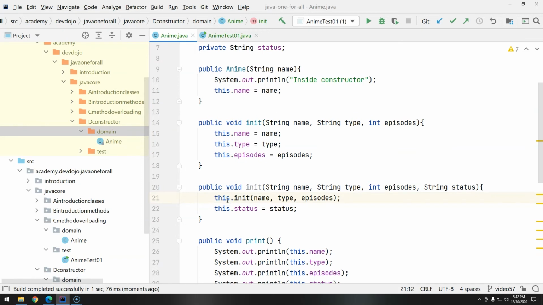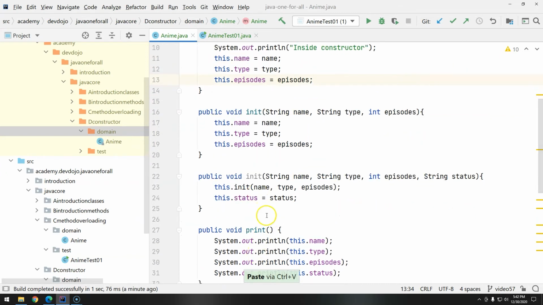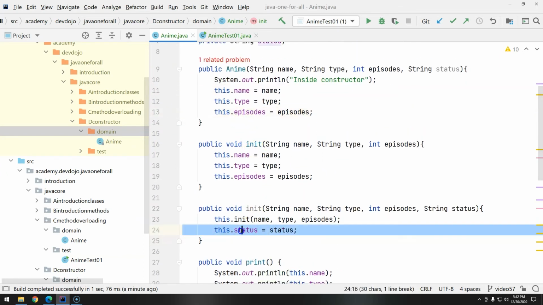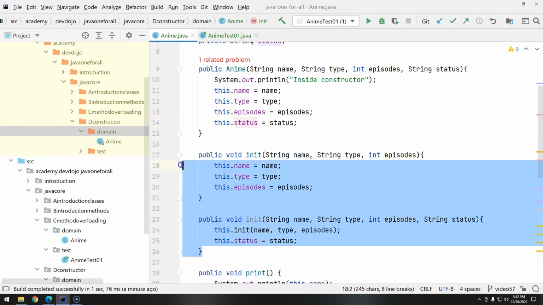Now, if we look at this code, the init is basically acting as a constructor. So I think we can do the same. I will copy these parameters and replace them here. And now that we have the initialization here, let's do the same with the rest: I will copy type, episodes and status. Okay, so now I'm saying every time the object anime is created, I will need name, type, episodes, and status, or at least I will need a string, integer, and string. And I can remove both initialization